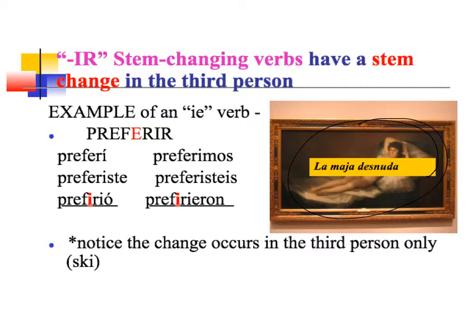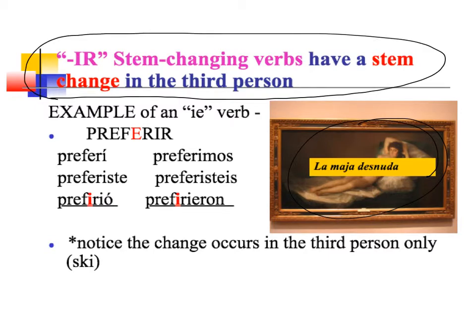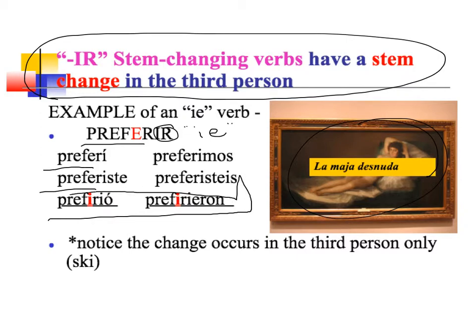Okay, so looking back at what happens with those IR stem changing verbs, the stem change, like I just said, is only going to appear in the third person. So, for example, preferir is an IR verb. It happens to be an IE stem changer in the present tense. So if I'm going to work with it now as a preterite verb, I'll take that stem, and I'll work with it until I get to the third person, and that's where I'm going to make a stem change. But just like what happened when we did progressive, it's not a full stem change, it's only an I. And remember, it's always going to be the second vowel when you have these long words.